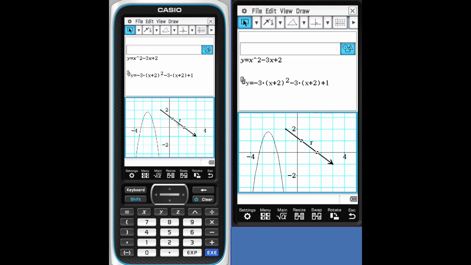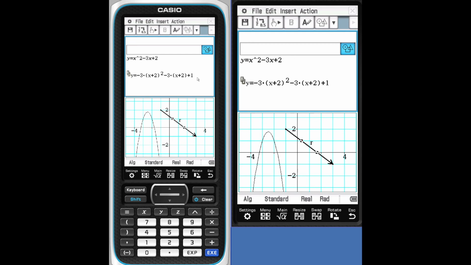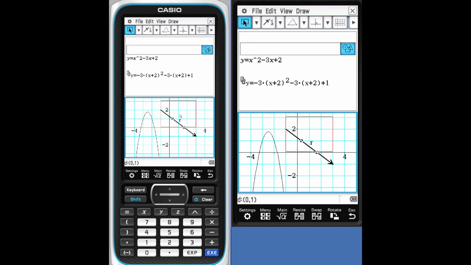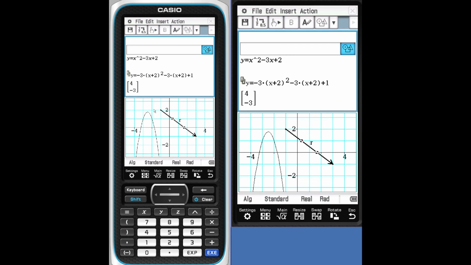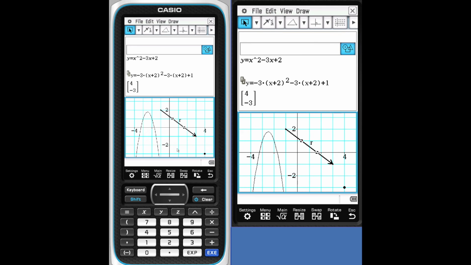We'll select the vector. Make sure I'm dropping it into a clean space above. Just toggle down. Select the vector, drag it and drop it. When you get the blinking arrow, that means you're ready to go. So that vector has components of 4, 3. What do those components look like when you drag them back down? You'll notice that they're somewhere completely different from where the original vector was.